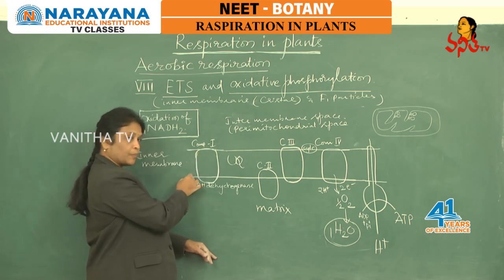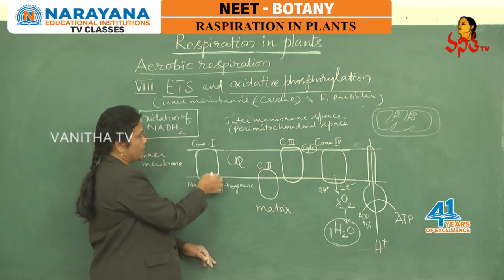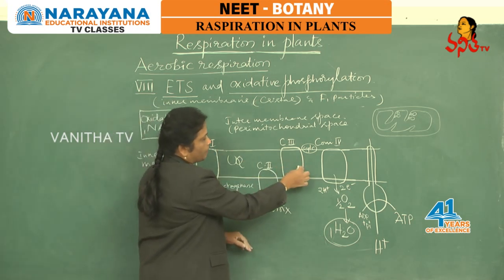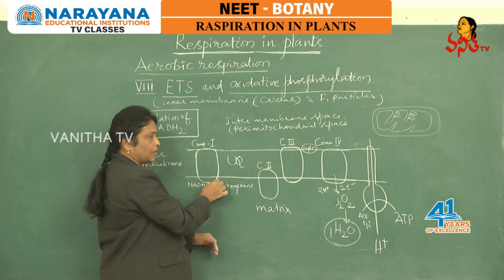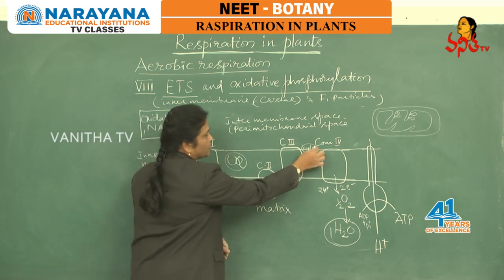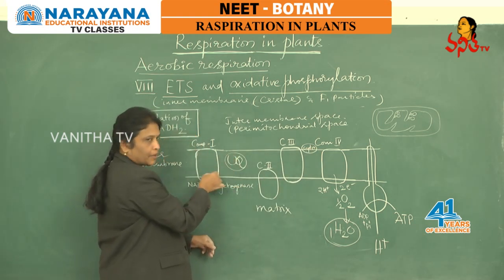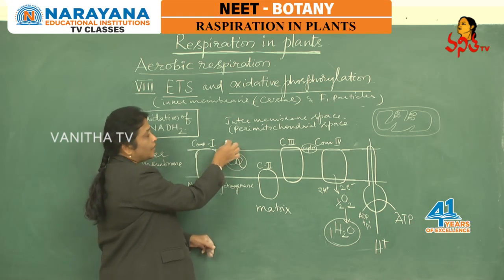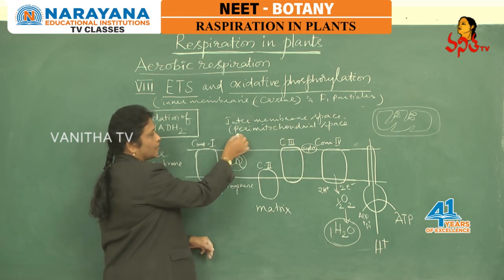This is the inner membrane, a lipoproteinaceous membrane, of course impermeable to protons, we know. And now the electron carrier complexes, complex 1, complex 2, complex 3, complex 4, with various electron carriers, are located in the inner membrane of mitochondria, that is cristae. In addition, mobile electron carriers like ubiquinone and cytochrome C are also involved in electron transportation, which are located in that inner membrane of mitochondria. Yes. And then this is the space between the outer membrane and inner membrane, as I have shown there,